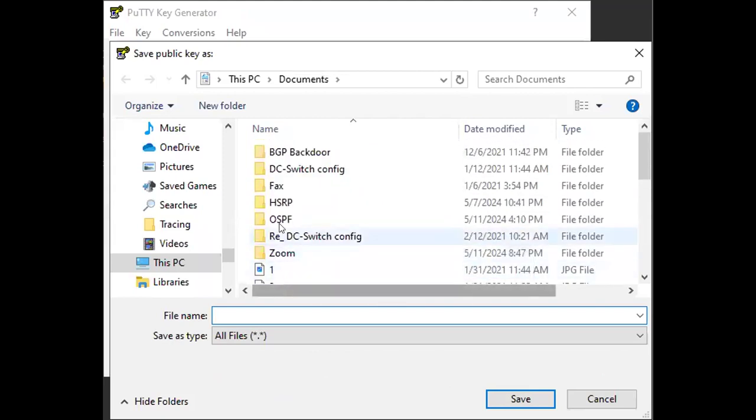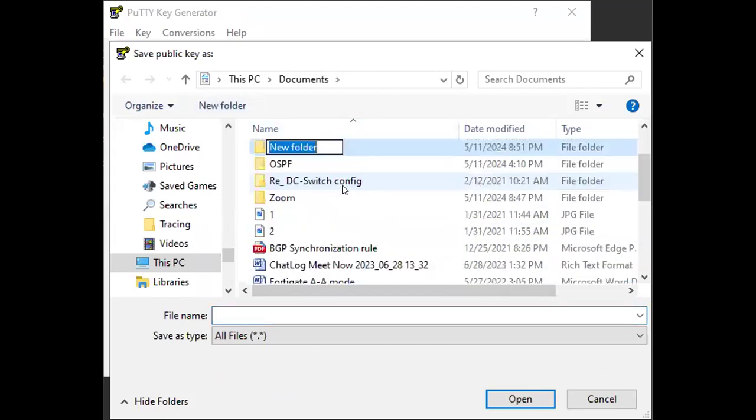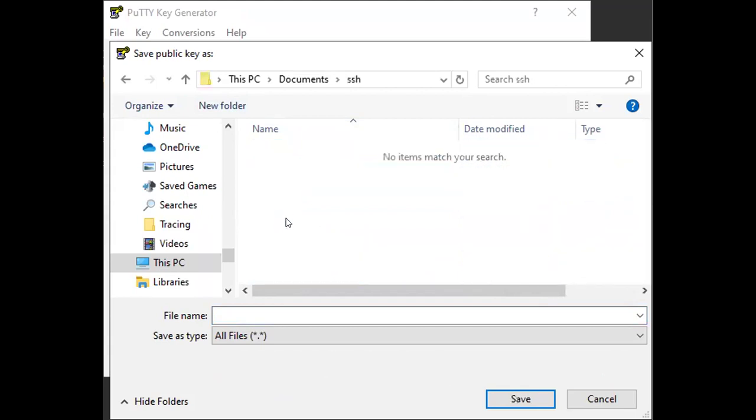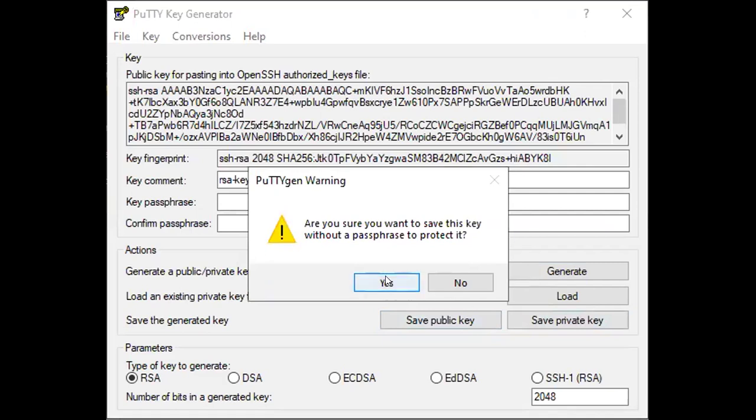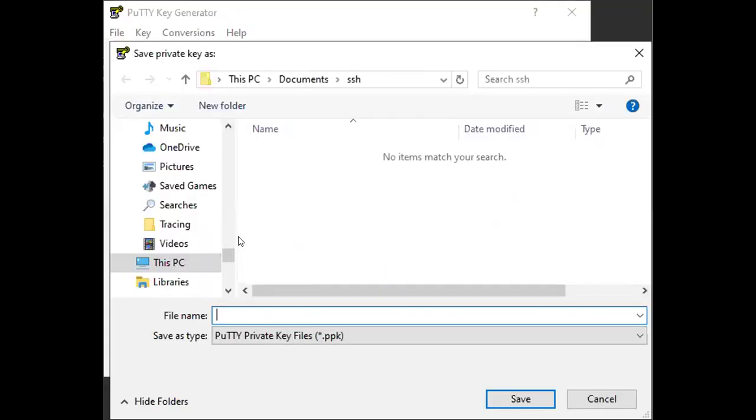Let's suppose I'll create one folder here. I will save the public key here, and I will also save the private key as private key.